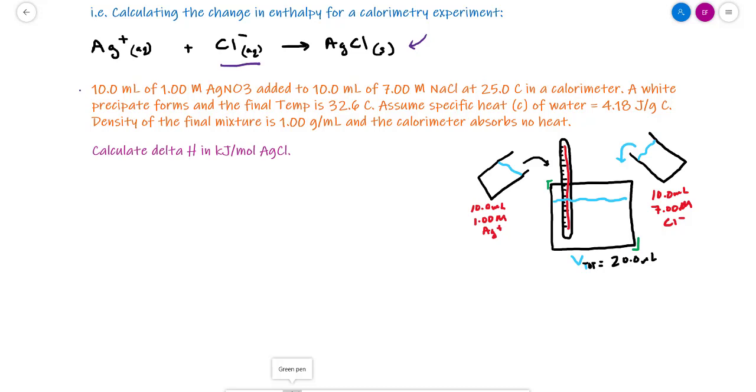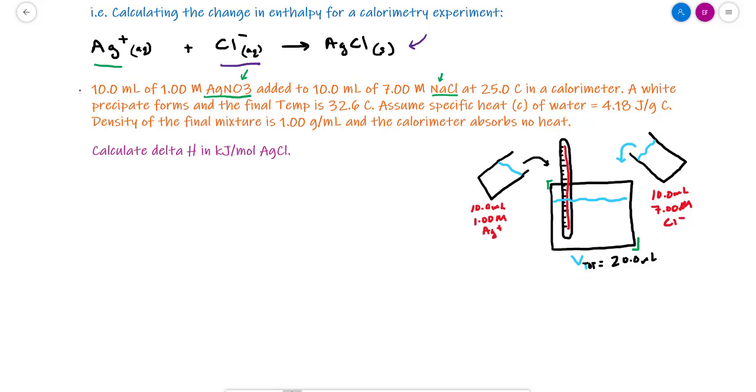And we're pouring 2 beakers of stuff in there. We've got the beaker on the left, which is 10 mL of 1 molar silver ion. I'm just writing out silver ion because we're adding silver nitrate, but we know that if we write a net ionic equation for this, the nitrate's always soluble. And we also are told that the reaction is silver plus chloride minus. So we know the silver is coming from the silver nitrate. Similarly, on the right side, we've got 10 mL of a 7 molar chloride solution. Again, sodium is always soluble, and we also know this is just the chloride that's in the reaction. So we've got these two things, we're mixing them together, which means we have a total volume in our calorimeter